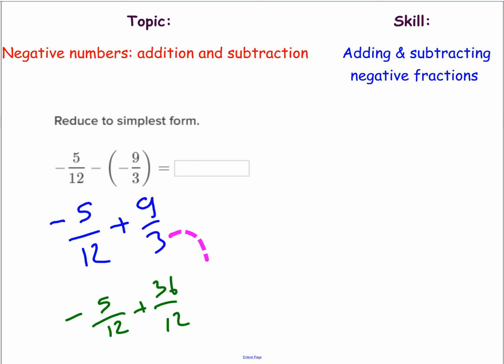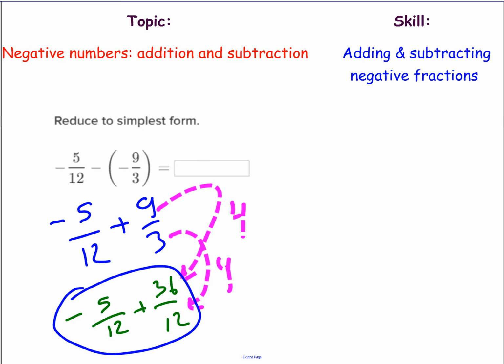What do I multiply 3 by to get to 12? The answer is I multiply times 4, right? So I need to multiply the numerator by the same number, also 4. I use that thing with the spaces between the lines to make it kind of different, but I don't know if I'm loving it. In any case, back to this right here, we have negative 5/12 plus